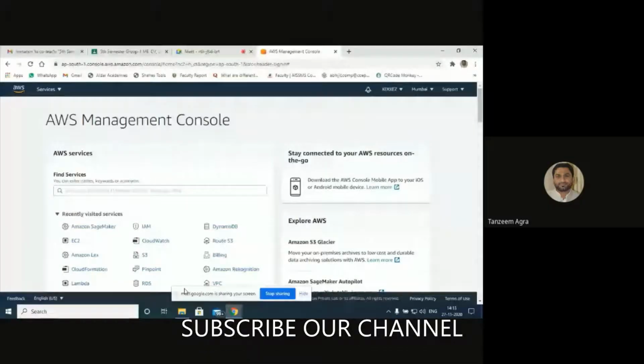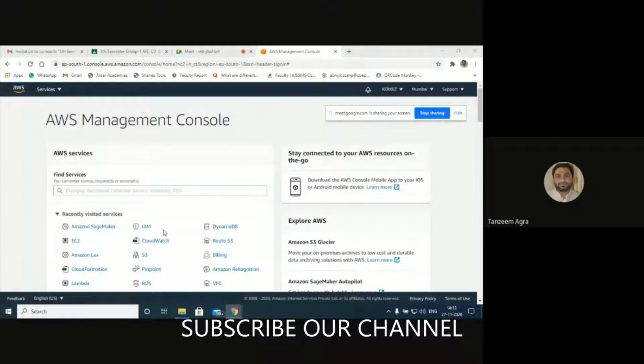This is the main console of the AWS system. Here we have plenty of services, out of which we can have website development also. Understood? And remember, if you take any IT sector, data is important for us. Most of the collection of the data and delivering of the data will take place through websites. So that should be the main part actually.